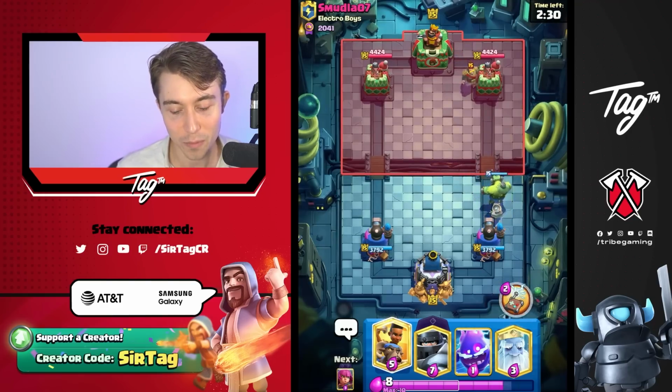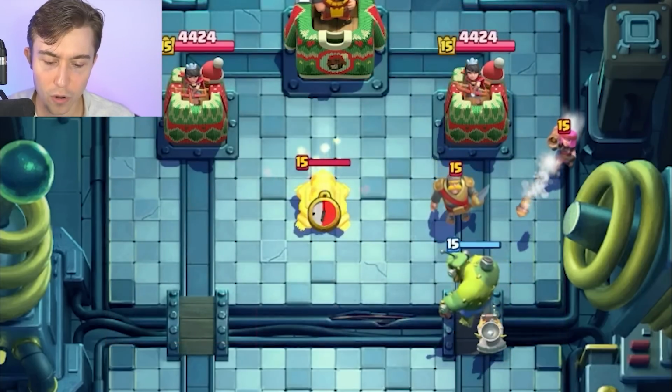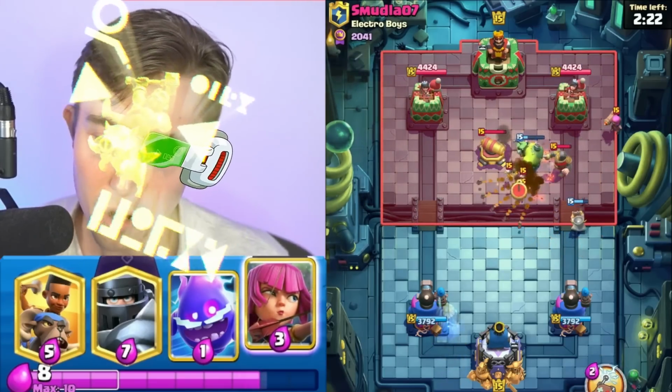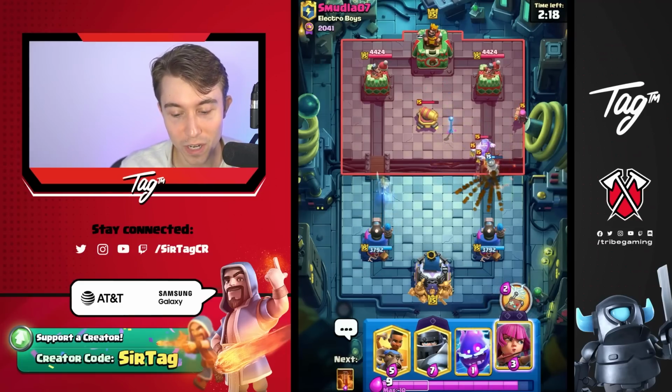So I'm going to go Goblinstein in the back when I saw my opponent go Ice Spirit. I think that's an okay play. I can also go Royal Ghost right now, and we're figuring out that we are playing against a Hog Rider deck. So Royal Hogs or Hog Rider whenever we see Cannon, Firecracker, and the assortment of stuff that this guy